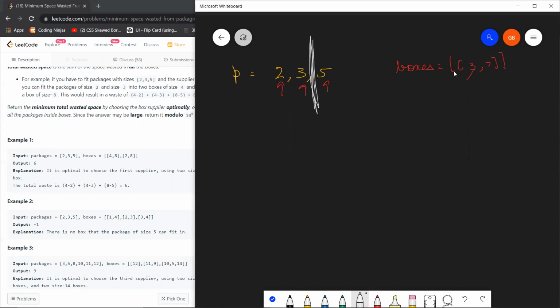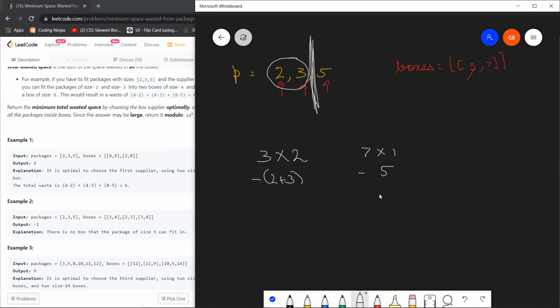Before this point, we are packing 2 and 3 inside the box of size 3, right? So for 3, we have 2, right? And for 7, the package with size 5 will be packed by box 7. So 7 into 1, right? And the extra space over here could be easily calculated by subtracting this size from this, so minus 2 plus 3, and this can be done by minus 5.